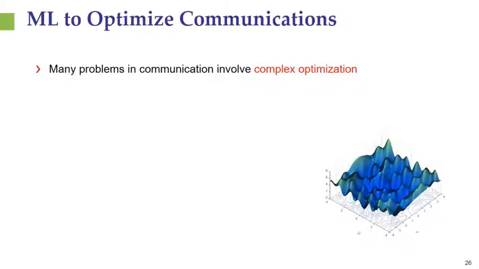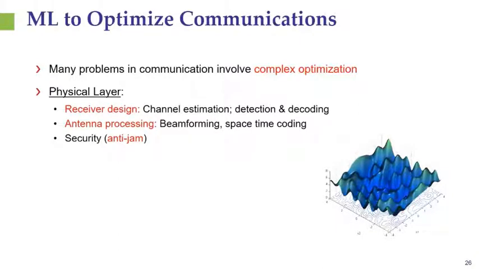For example, one of the fundamental problems in the physical layer is designing an optimal receiver to detect and decode transmitted symbols. This often leads to combinatorial optimization problems and also requires knowledge of the physical channel. Now, the channel is often estimated in advance, for example, using pilot symbols, but this necessitates additional bandwidth and capacity. It requires time, and it assumes that the channel doesn't vary too quickly, which is not always practical, for example, in a multi-user environment with rapidly changing channels. In this case, estimating the channel repeatedly between all users is not going to be very practical and is going to consume too many channel resources.